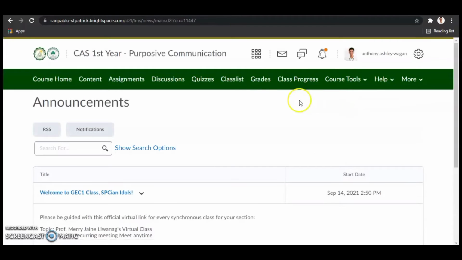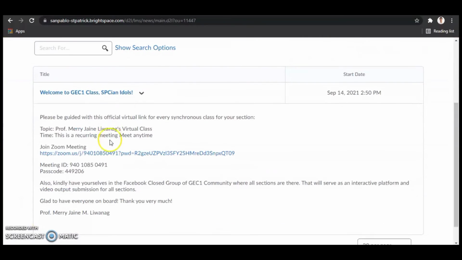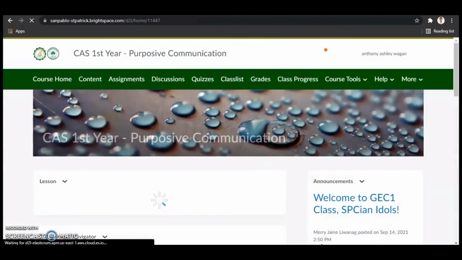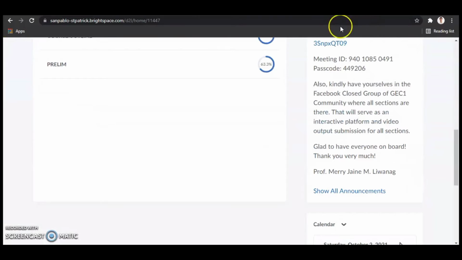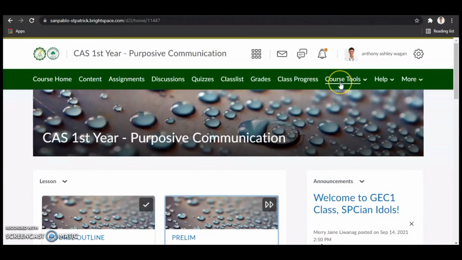So when I click announcement, it will go to the announcement, just like in course home, there is an announcement tab in here in the right part. Course tools is just basically the shortcut of everything.